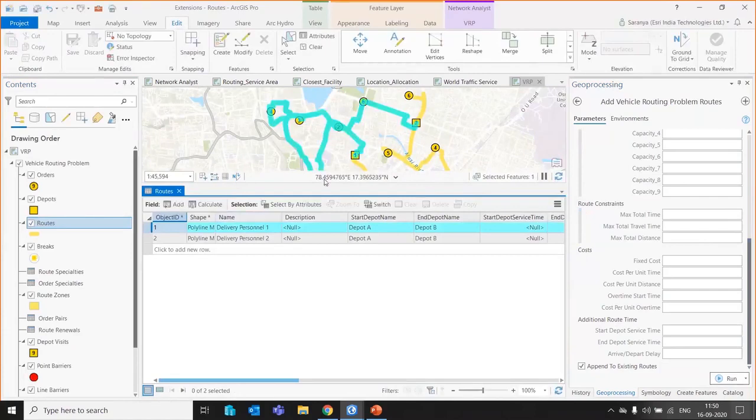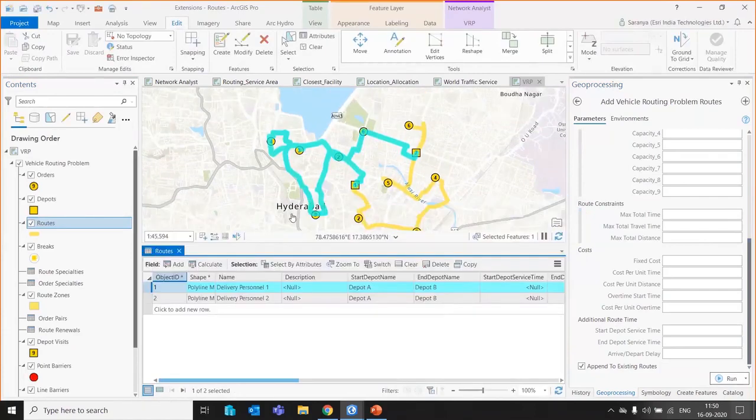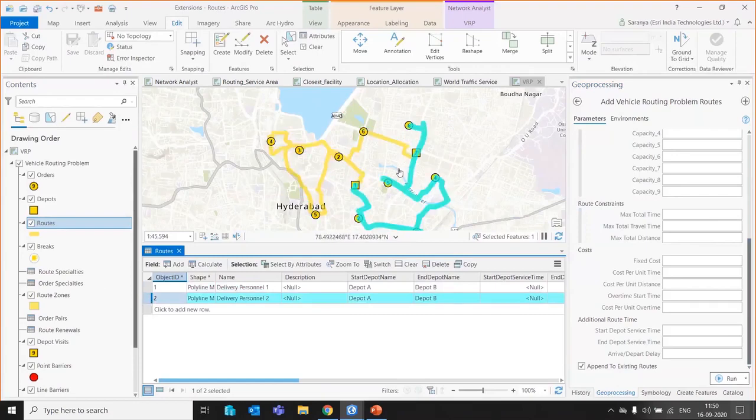So this first route is allocated to delivery personnel 1 and the second one is allocated to delivery personnel 2. If you have, let us say, a fleet of 30 to 40 vehicles, we can give all those inputs here and run the model very easily.